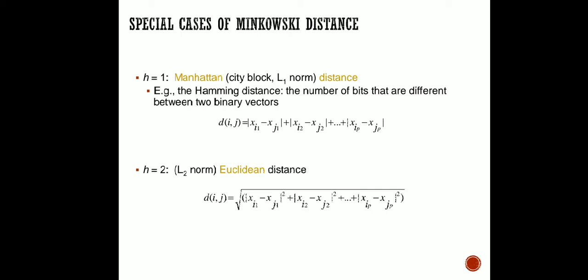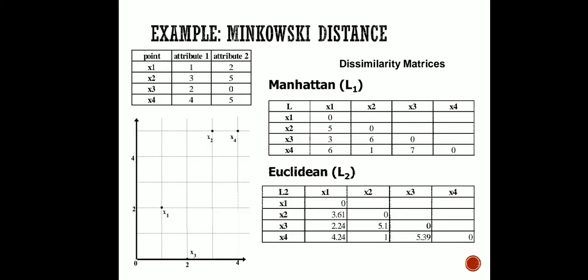So if we put h equal to 1, what does that mean? Since the value of h has become 1, there is no meaning of keeping the root, and the data points will be calculated by just subtracting, keeping the magnitude part and discarding the sign. So if we subtract the second value from the first or the first value from the second, the same thing will happen. And the Euclidean distance is where h will be equal to 2.